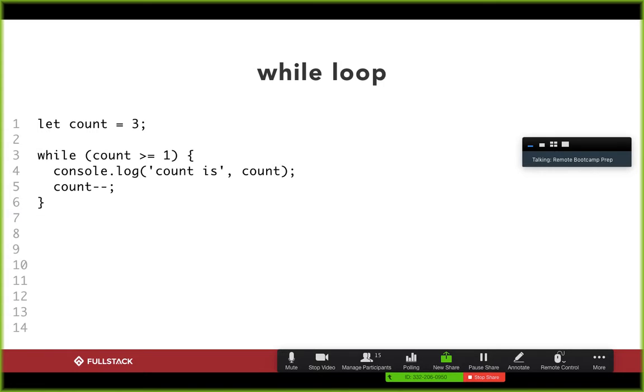Well, count is defined on line 1, and we initialize it to a value of 3. So the first time we check this basically boils down to while, and then in the conditional, we have 3 is greater than or equal to 1. So is that true? And the answer is yes, it's true. So for that iteration, for that loop, the 3 is greater than 1, and that means we execute the block